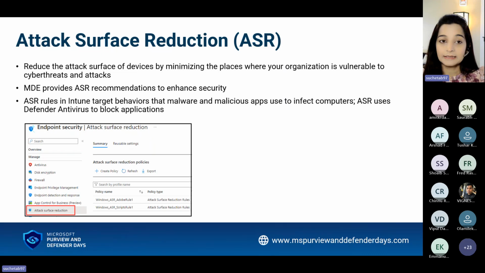Then we have settings in Intune for attack surface reduction, that is ASR. What are attack surfaces? Well, they are the places where your organization is vulnerable to cyber attacks and threats. We must minimize such potential entry points for attackers. MDE includes several capabilities to help reduce attack surfaces. In the MDE, that is the Defender portal, you can find attack surface reduction recommendations, and I will show that